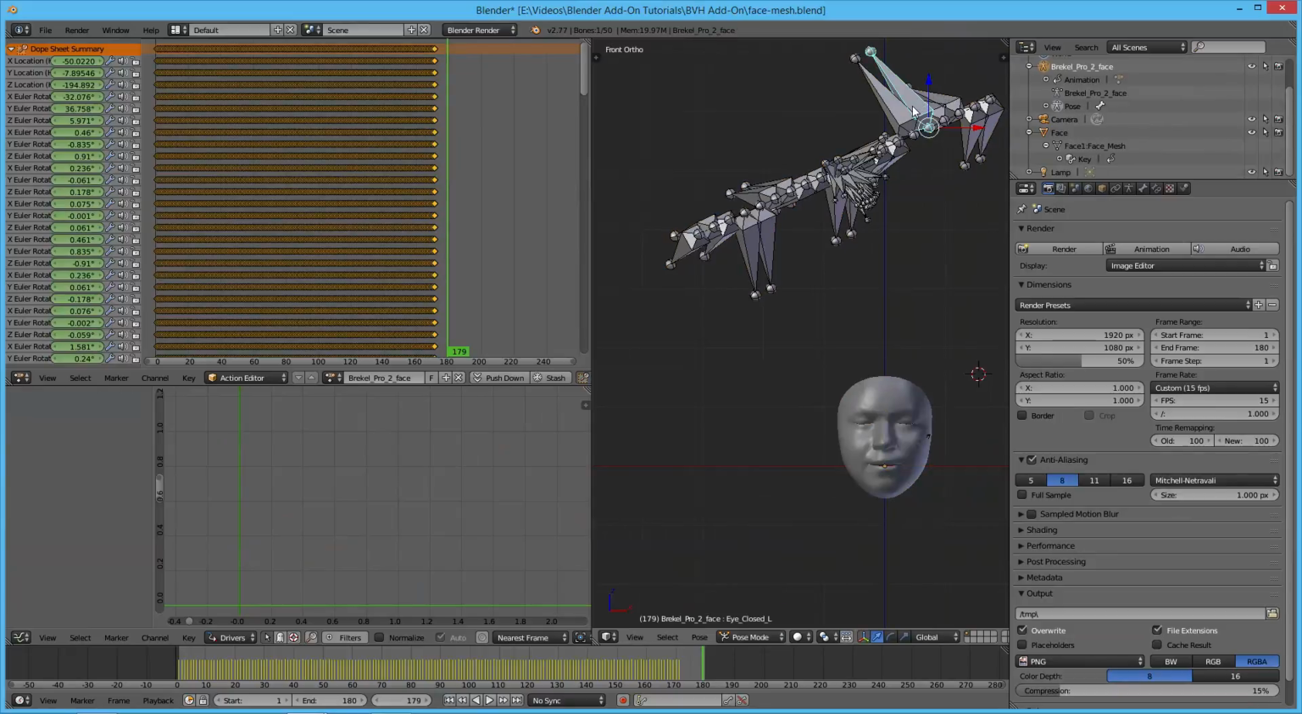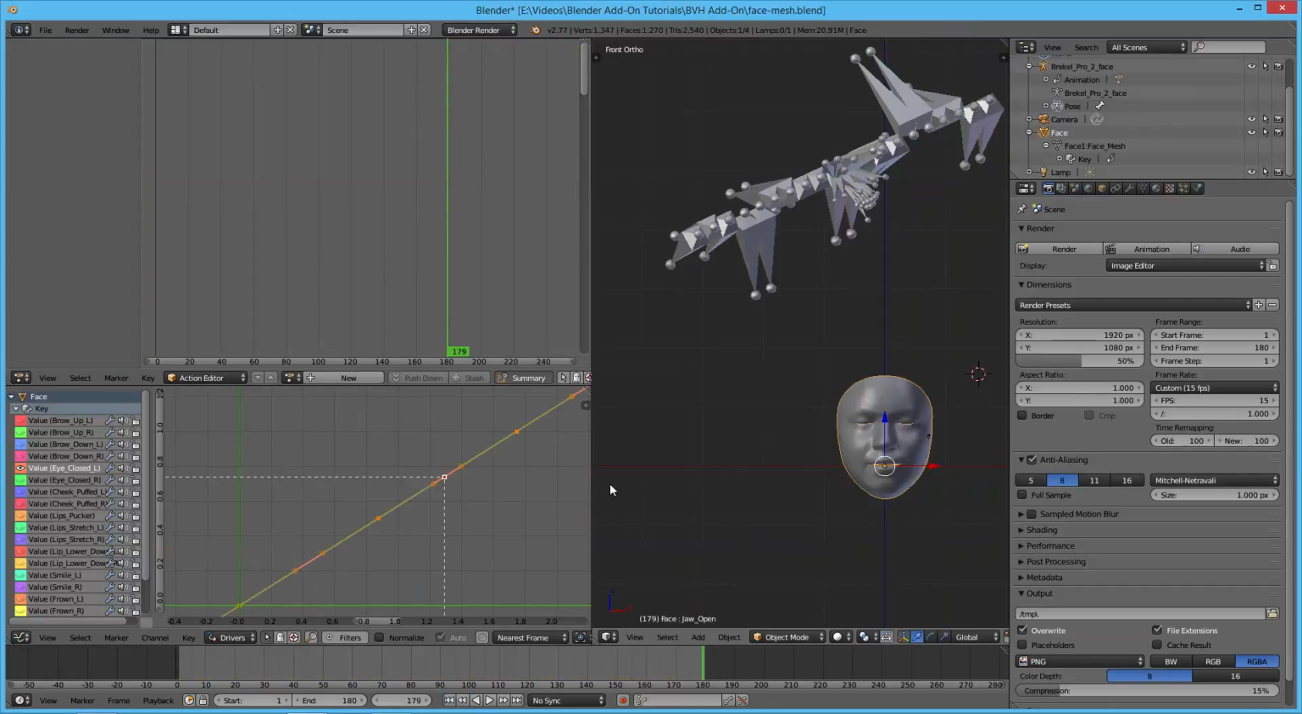There it is. There's our bone, and you can see it's rotated, and that's for the eye closed left, the left eye closed. So the rotation of this bone is the input to the driver for our face. And if you were to rotate that, that would provide the input, and this line is providing a mapping to